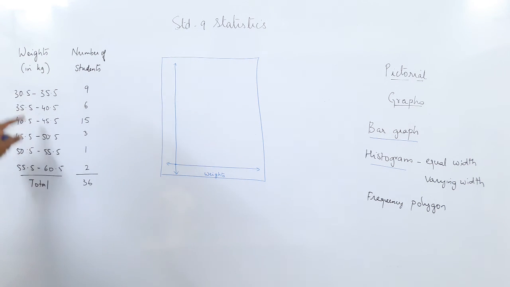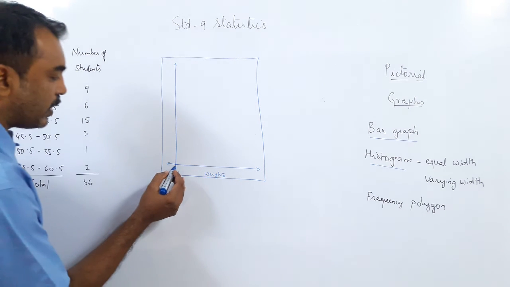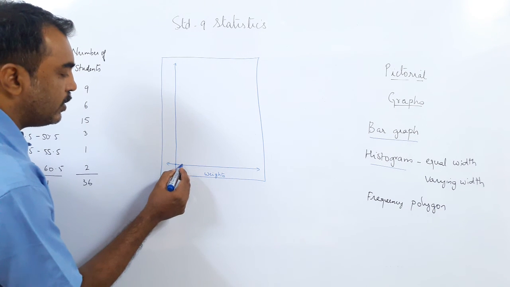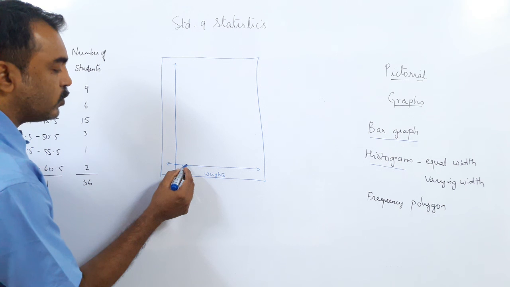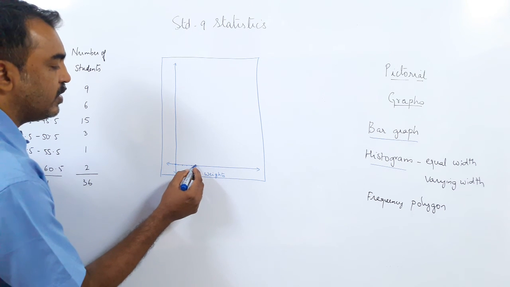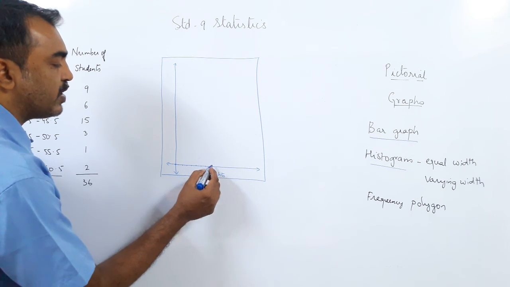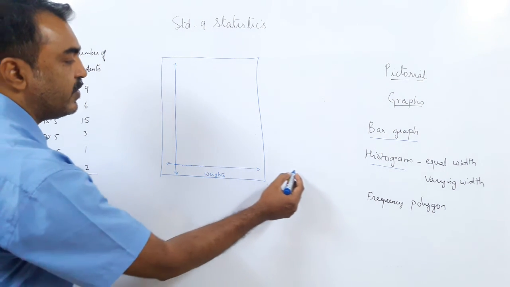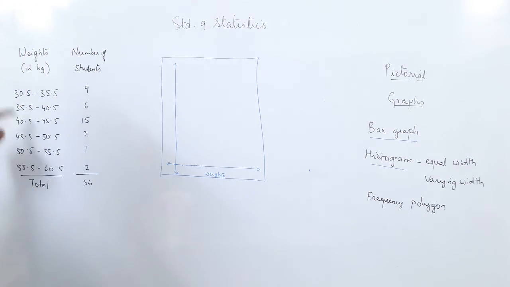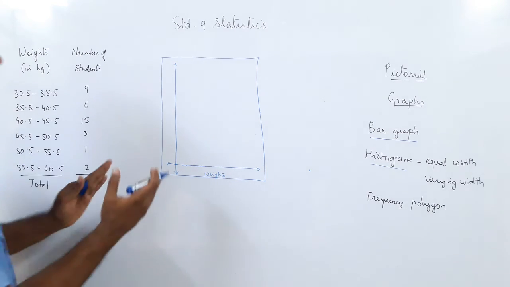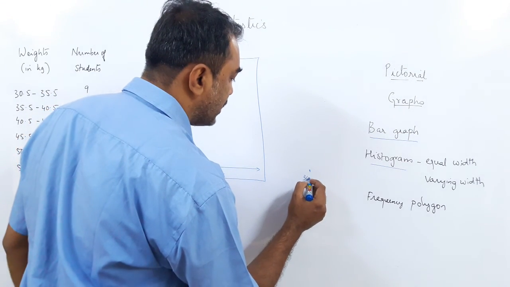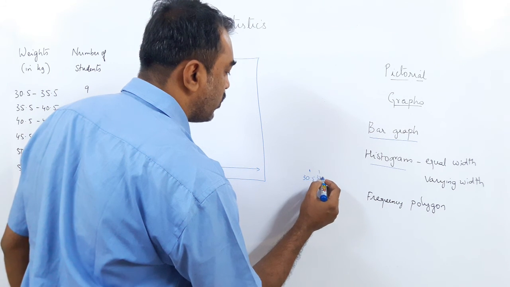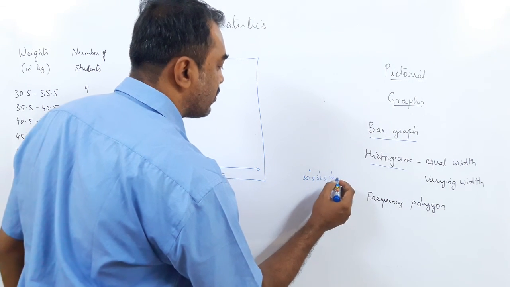Now what you need to do, you can see this is a gap of 5. 30.5 to 35.5, 35.5 to 40.5 is a gap of 5. So how will I do? I will have to write from here 0.5 to 1.5, 1.5 to 2.5, 2.5 to 3.5, 4.5, 5.5, 6.5 and so on going. I will reach 30.5. Now you can see the data is here. 30.5 is actually reaching here, then 35.5 comes here, 40.5 comes here.